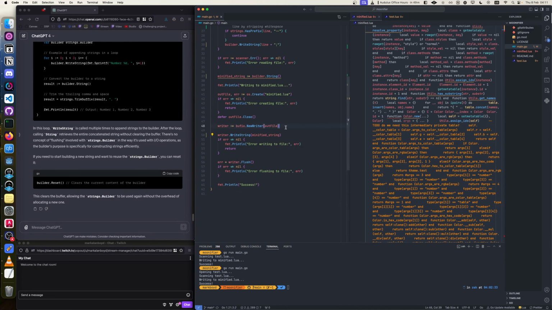Then we get a writer, which is, you know, we use this buffered IO and create a new writer, and the writer seems like, what is it going to do? It flushes to writer.write string, minified string. Okay. So yeah, the writer